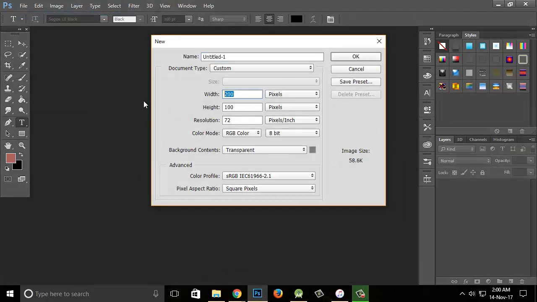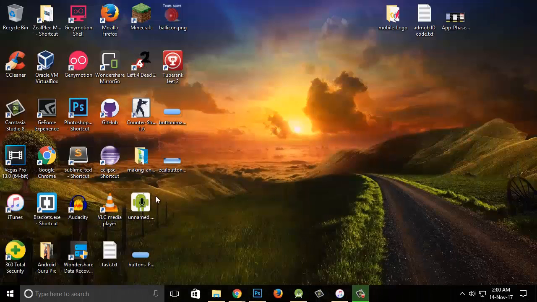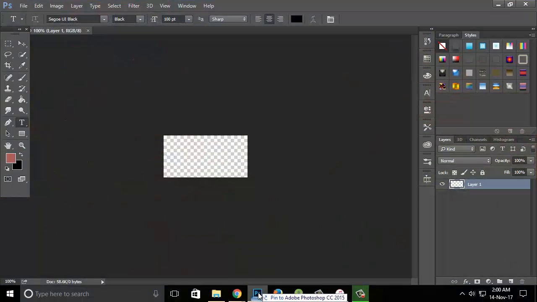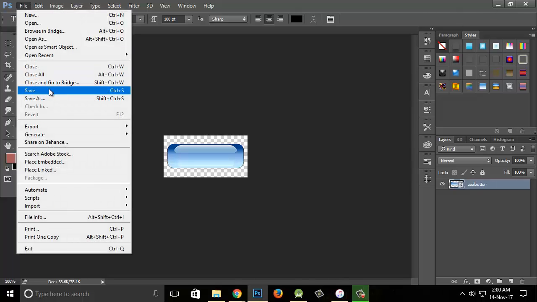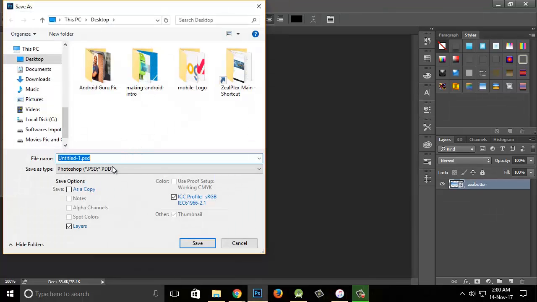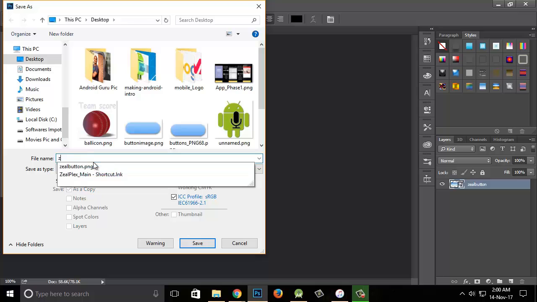Open up a new file. Just go ahead and give it a size of 200 by 100 height, and here's the image. Just grab this button, go inside my Photoshop, and paste it right over here. There you go, the button is right over here. Hit enter. There you see the button is right over there. I'm going to go ahead and save it. Why do I use Photoshop? To resize the button, and then like Zeal button,